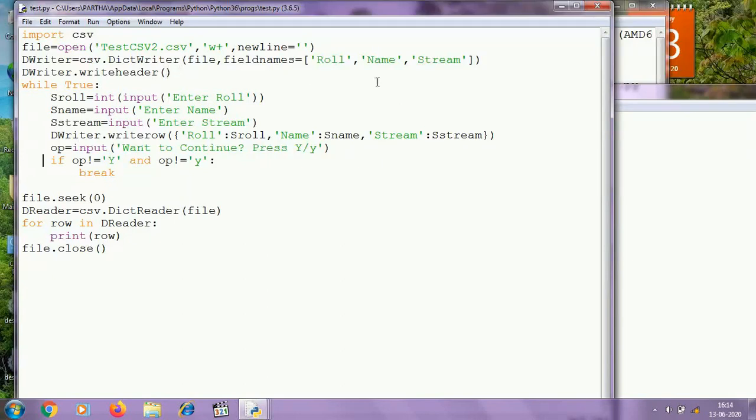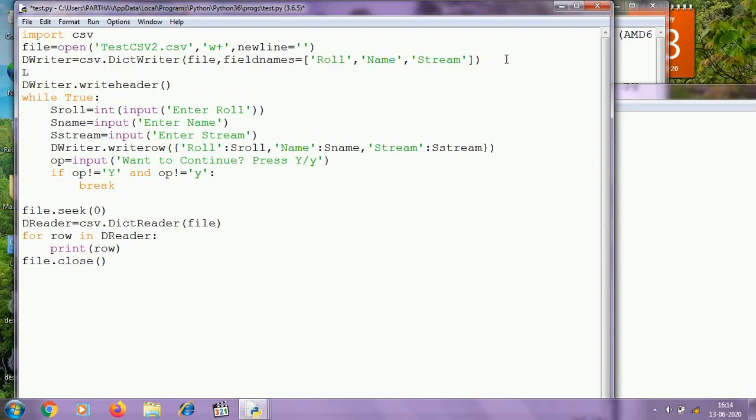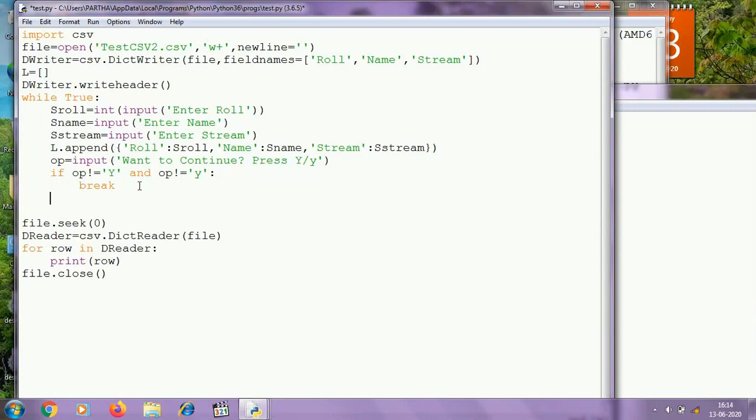For that, I need an empty list, and instead of writing here, I need to append the dictionary to the list. And finally, after breaking the loop, I need to write the list using the writerows method of the DictWriter object. dwriter.writerows within parenthesis L.